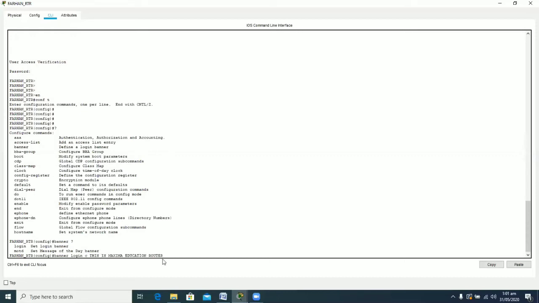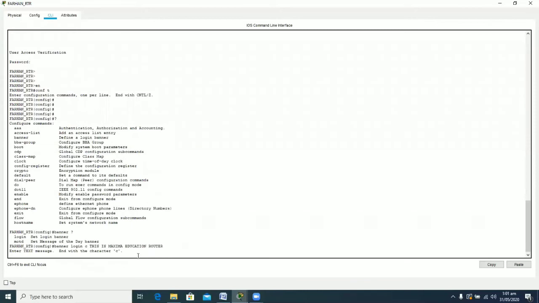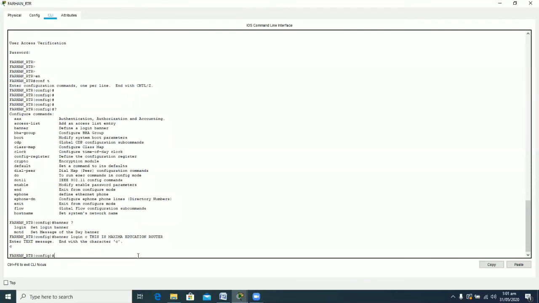After writing this sentence or writing your banner, simply you have to terminate this banner with a C, but that I will not do. I will press enter, and then it is prompting me to write a C, and then I am writing a C, and then again pressing enter. Now you will be asking why I have done this. Why didn't I just simply place a banner login, this is Maxima router, and terminate with a C? C is the delimiting character, just like inverted commas for a sentence. So the reason behind pressing enter and then pressing C is to change the line.